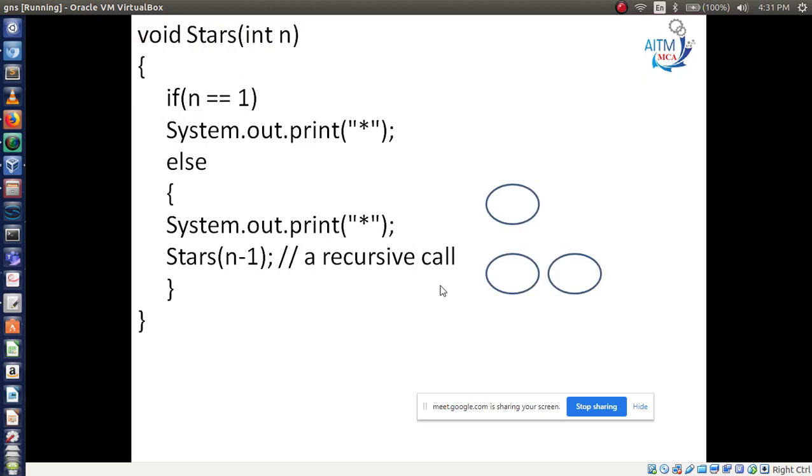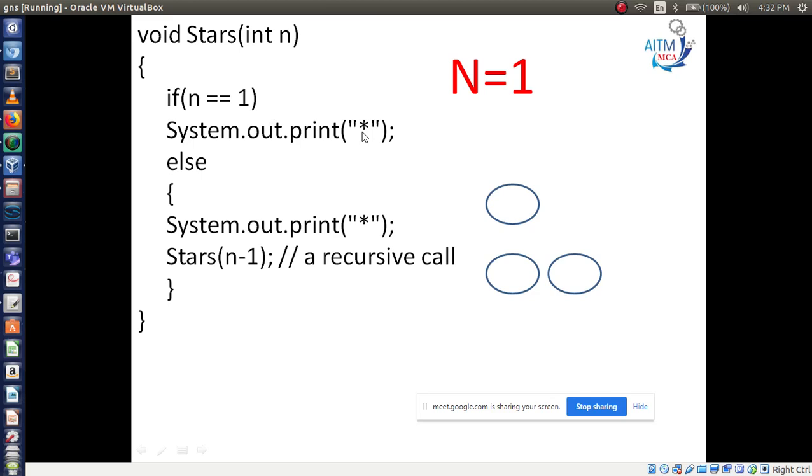So let's see here. I am using simple logic here to print the star based on the number. Here I want to pass the number 1. So n value is what? 1. Now enter into this method. If n is equal to 1, print what?